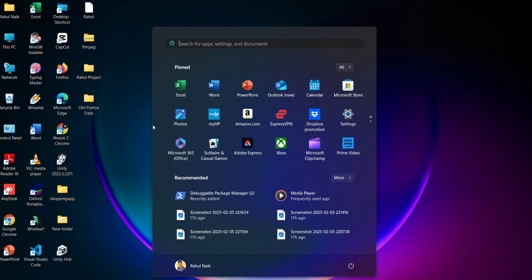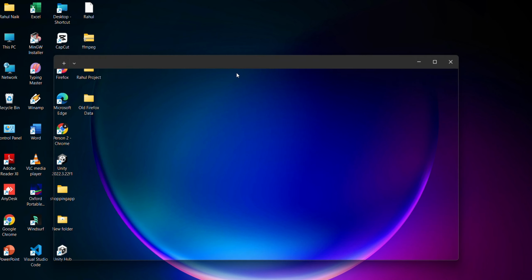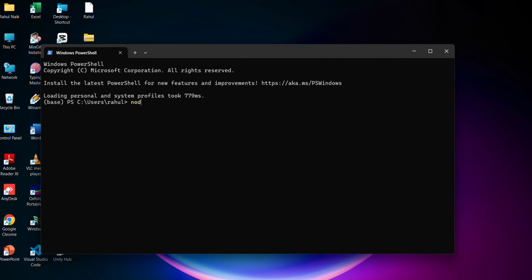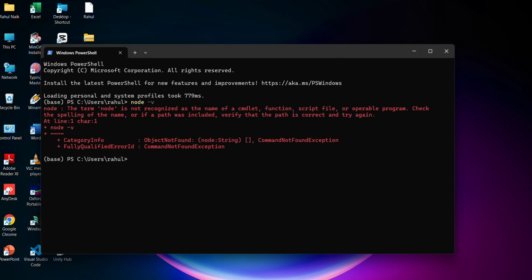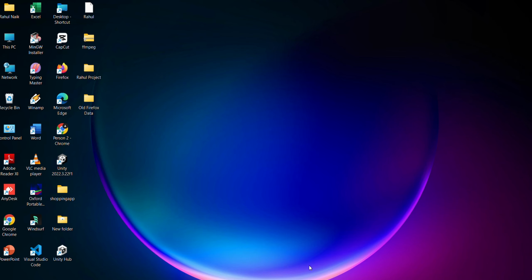So first of all, go to the terminal and type this command to check whether your system already has any node package or not. Type node -v. If your system already has any node package, then it will display the node version. If you don't have it, then it will display nothing. Okay, so you can see my system doesn't have any node package.